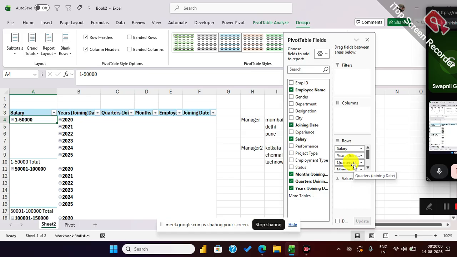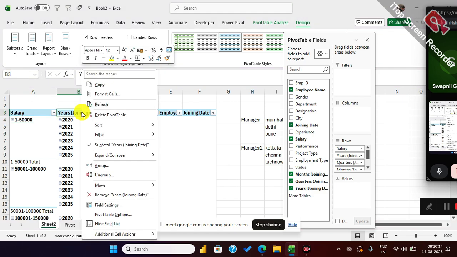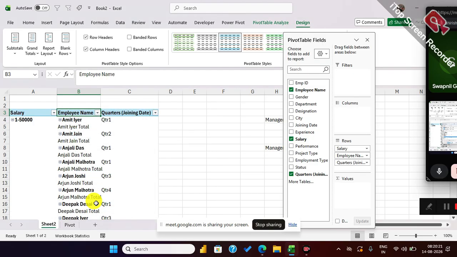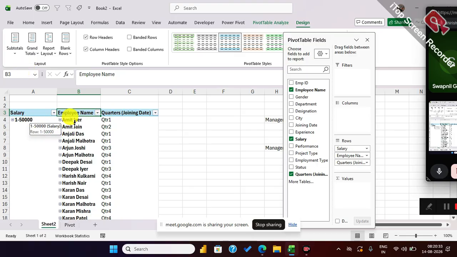ठीक है। अब ज्वाइनिंग डेट ऐड करने के बाद what is my requirement? इनटू डेट, राइट क्लिक, ग्रुप। अब इसमें से मुझे ईयर भी नहीं चाहिए, मंथ भी नहीं चाहिए, आई एम इंटरेस्टेड इन क्वार्टर। आ गए क्वार्टर। उसके बाद यहाँ से जाने के बाद ये सबका मेरे पास सब टोटल बता रहा है। अब Q1 में कितने लोगों को ये मिला है उसका डिटेल आपके पास आ चुका है सर।